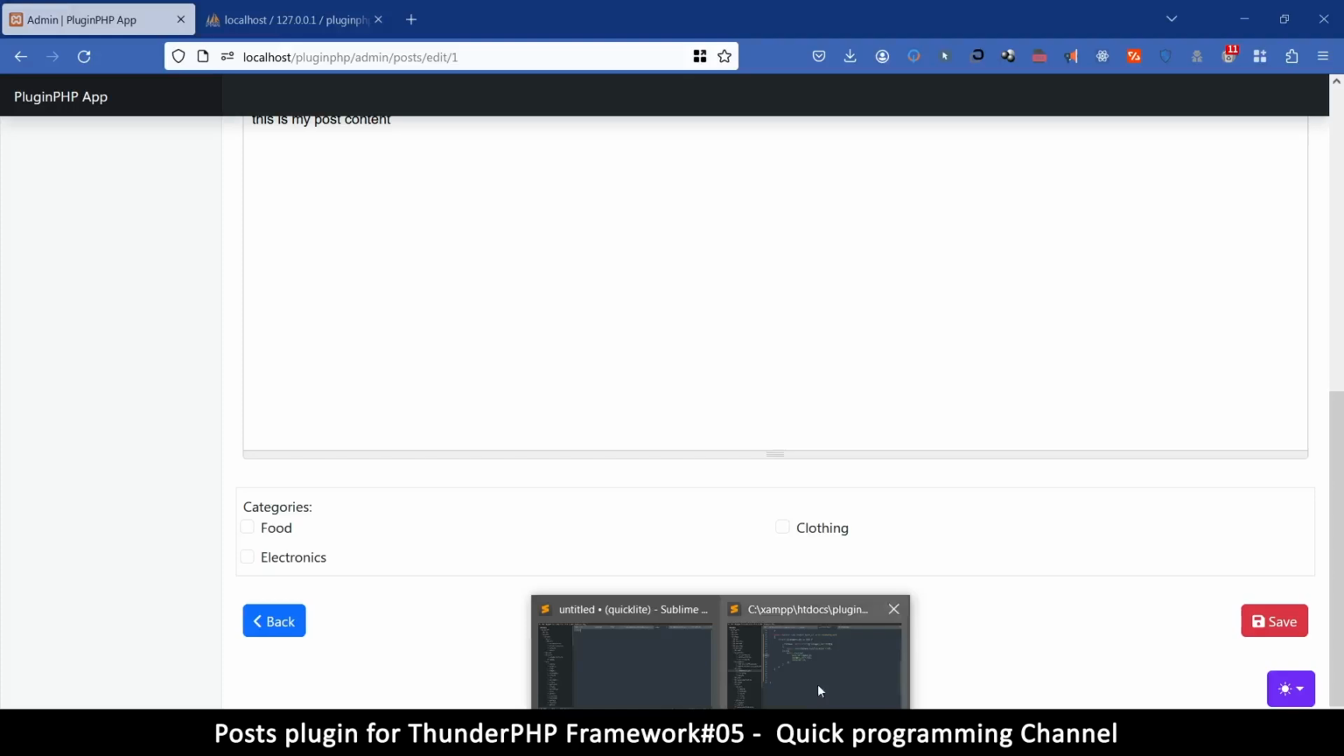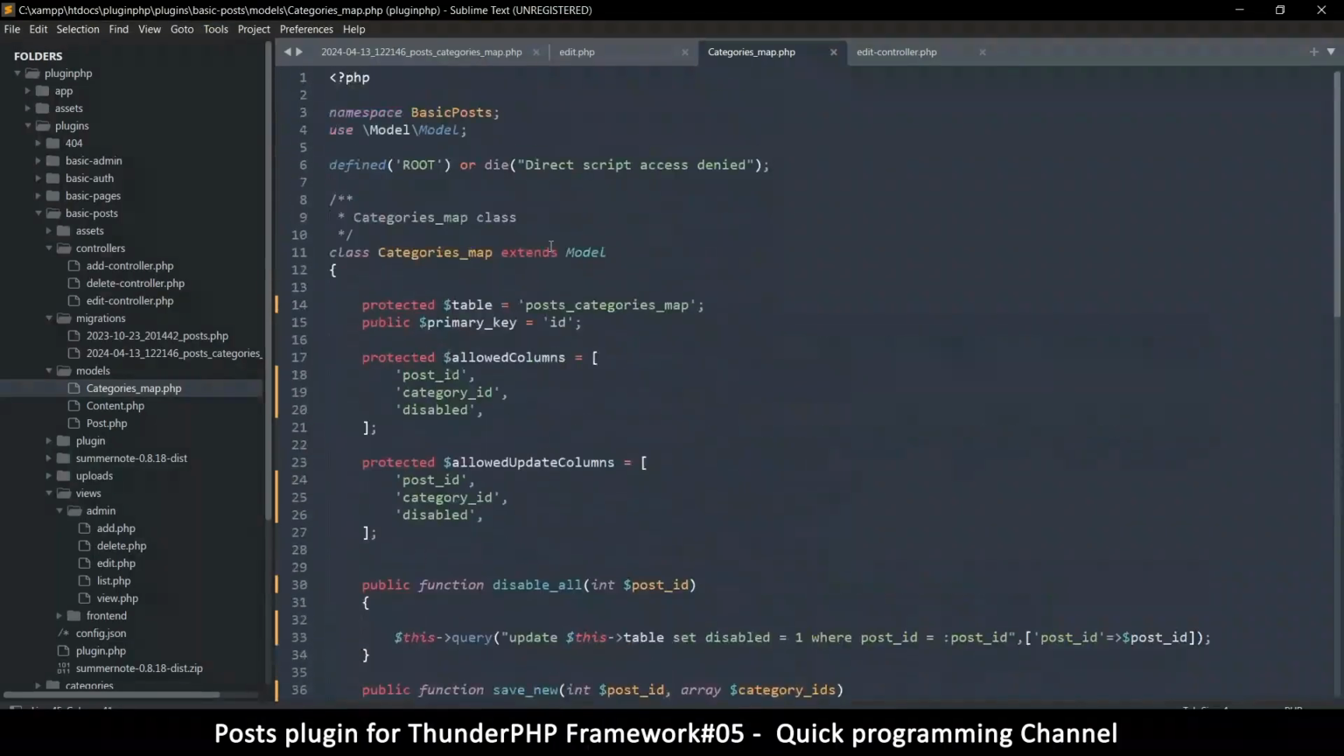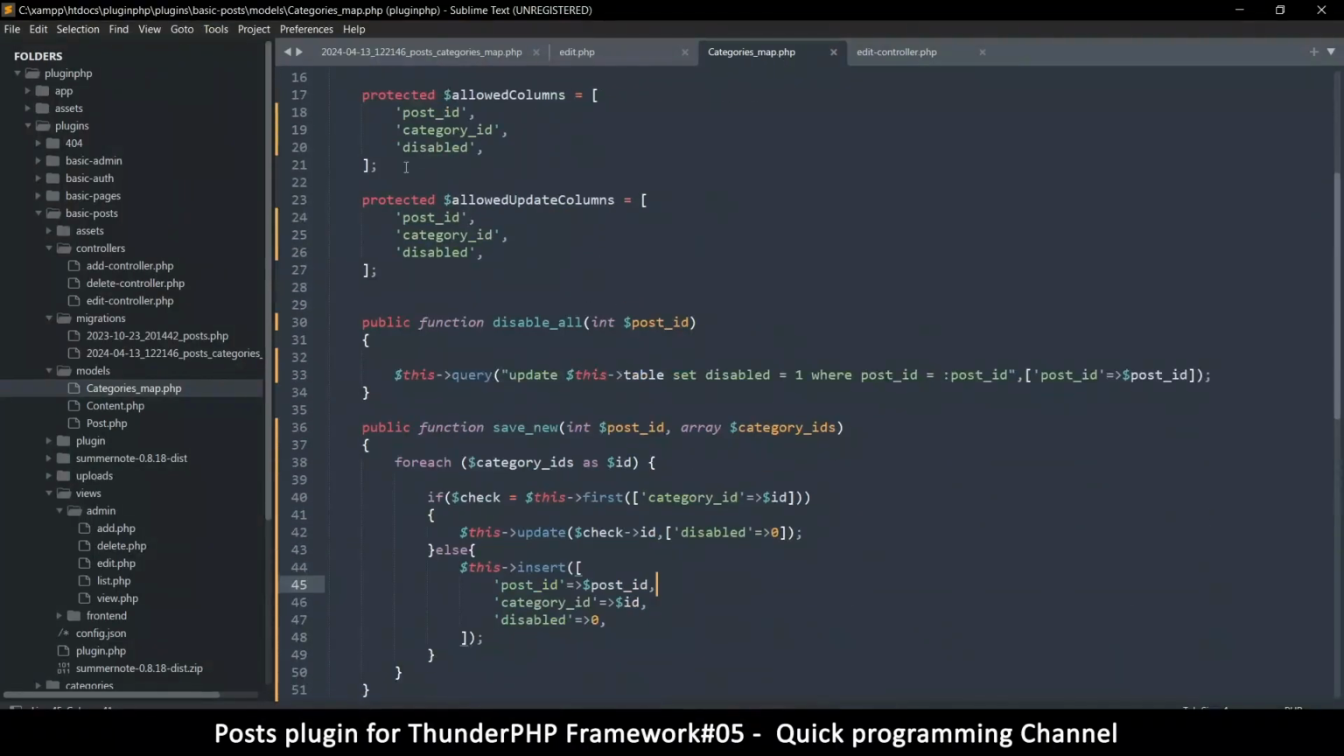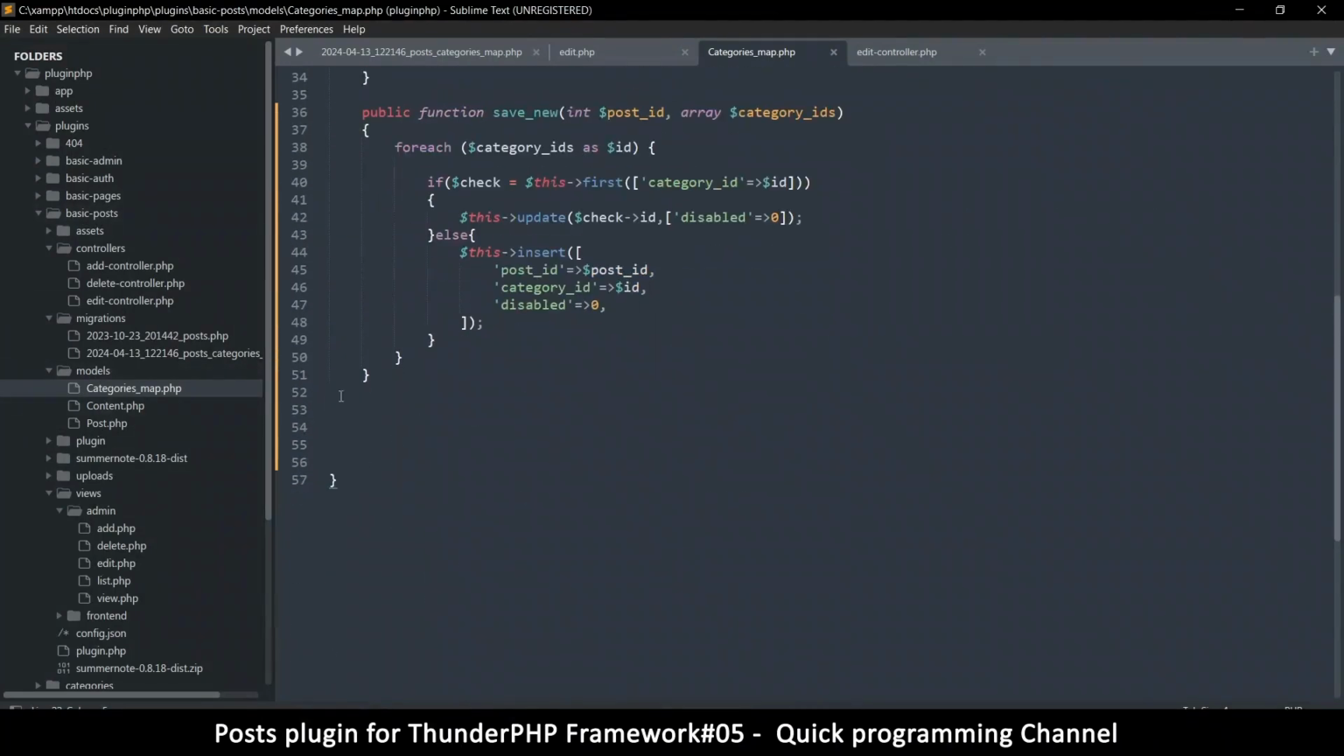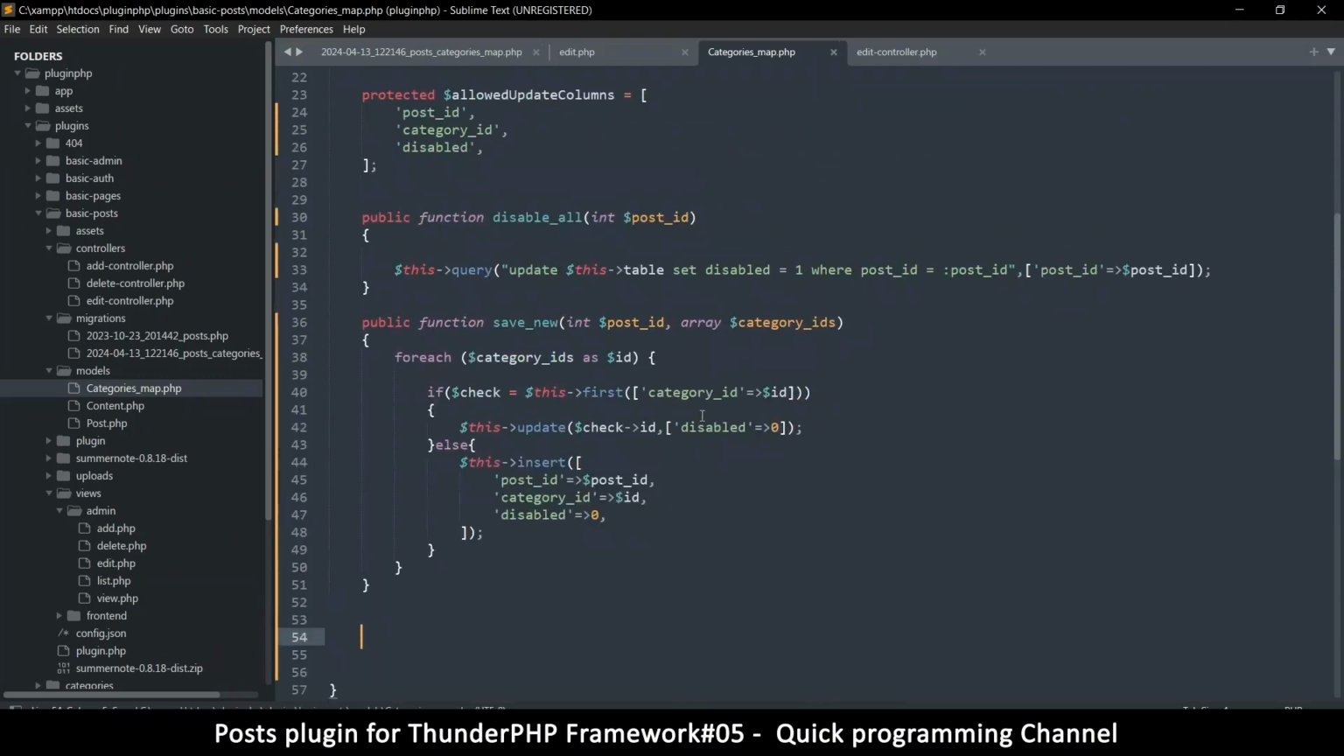So what I'm going to do is, we are back here, a continuation from our previous video. We are back inside the models. This is the basic posts plugin and models categories map. So in here, I want to create a function that actually reads data. The data we need is,